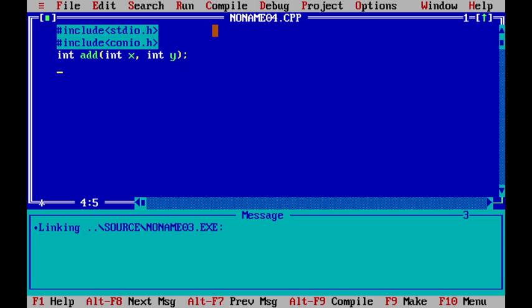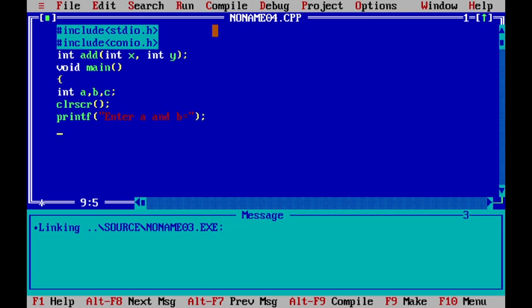So void main, then integer a, b and c, clear the previous output, then printf enter values of a and b.